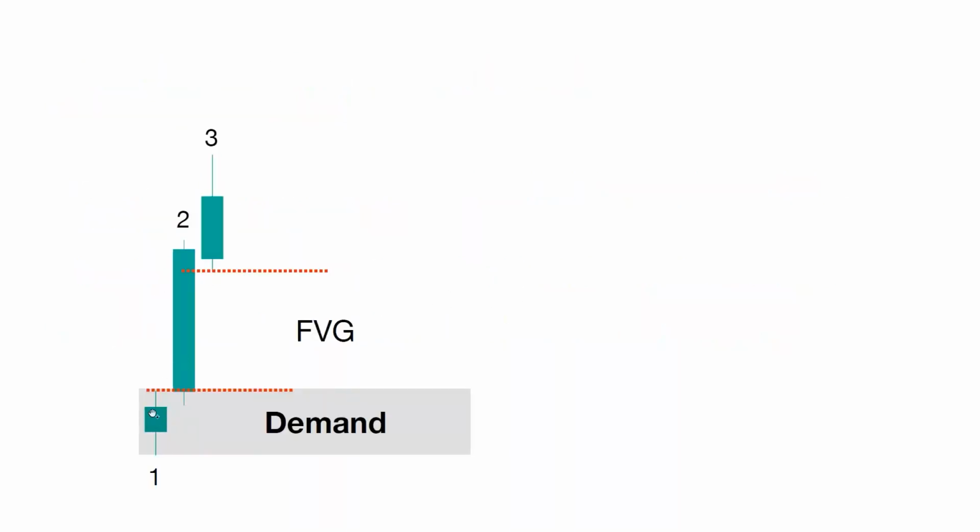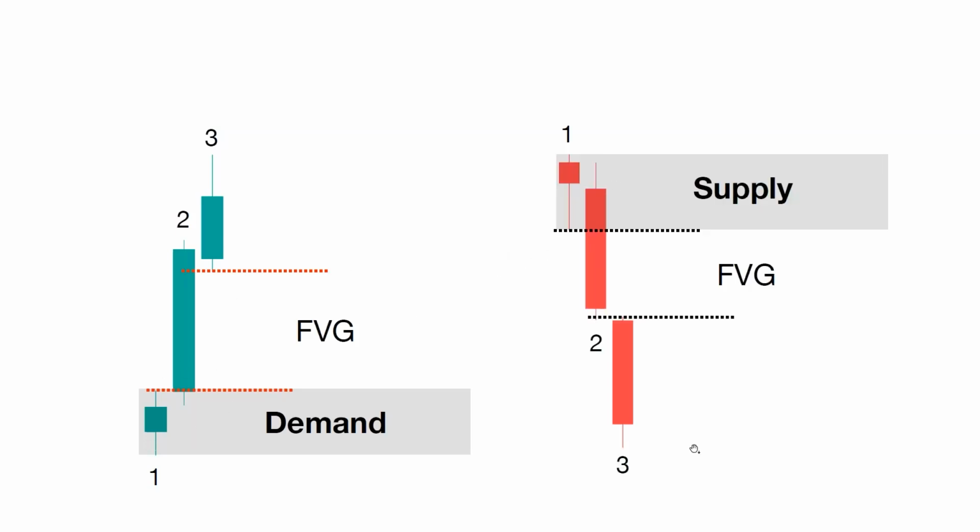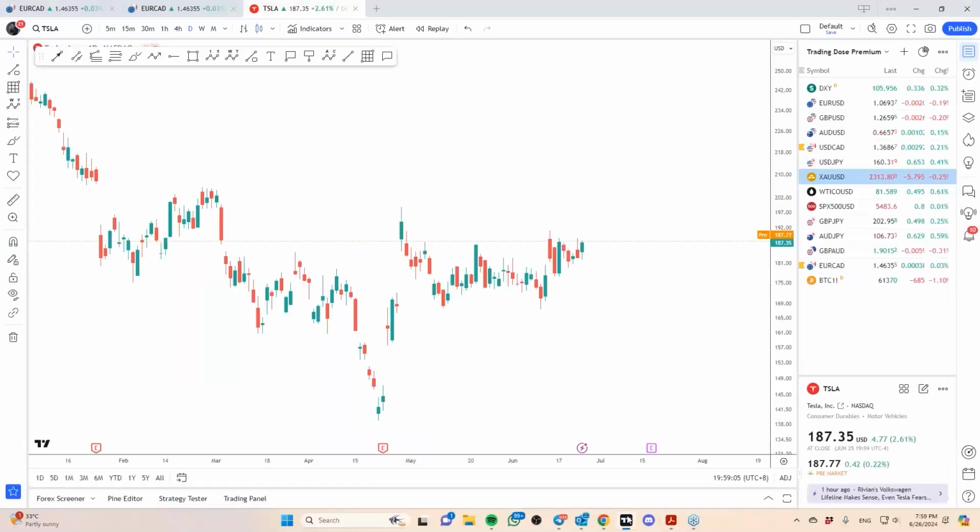So coming back to this, if you have a bullish market structure, this is your demand zone, right? Because after a fair value gap, the easiest way to identify it is this. Obviously there are more complex ways of defining it, which I'll share with you later as well. But the simplest way is to do that. First candle, demand. Coming down, first candle, supply. So if I go back to the chart over here,